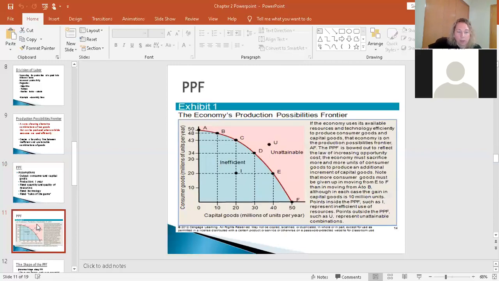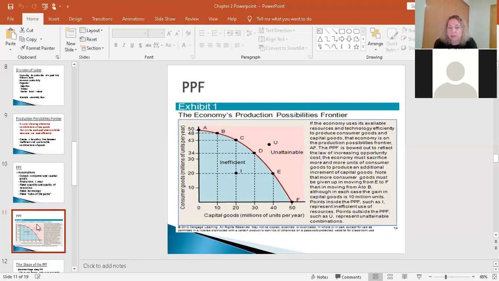So let's look at a PPF. So this is your first look at the PPF. The PPF is actually that red line, sorry, not a line, a curve, that red curve that starts at point A and then slopes down and we end up at point F. Every point along the PPF, not just points A, B, C, D, E, and F, but every point between A and B, between B and C, every point along that red line,